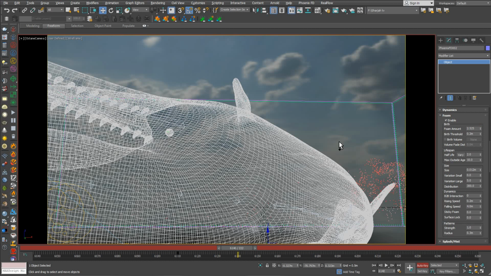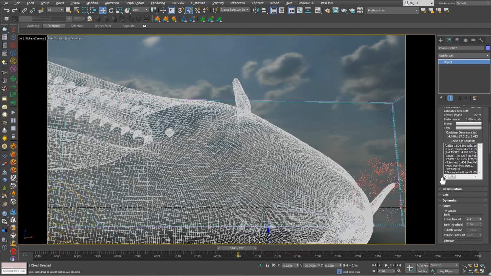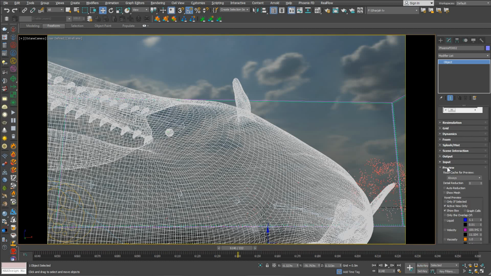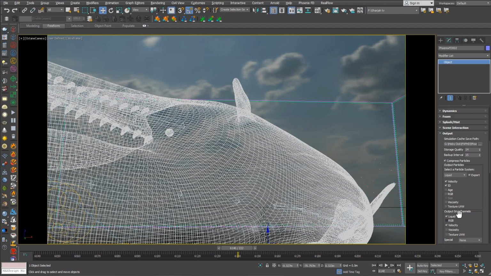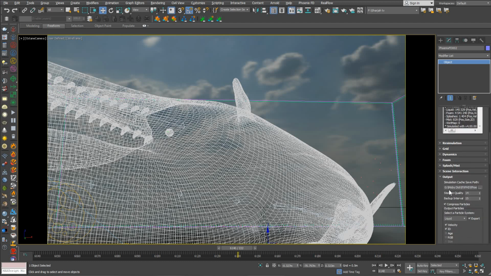But for now, that's all you need to do. Also, it's wise to go down to preview and put auto reduction so you don't display all the particles when there are millions. That will slow down the system. Other than that, in output, make sure to activate velocity if you want to use velocity, and here in the input also. Nothing more. Let's run the final simulation and have the results before we start testing and rendering the